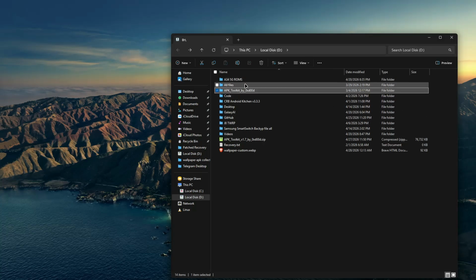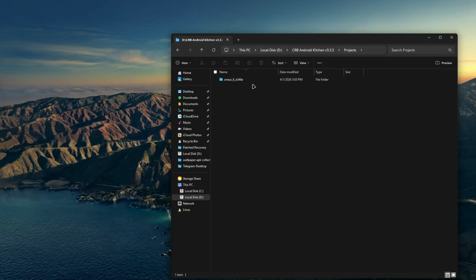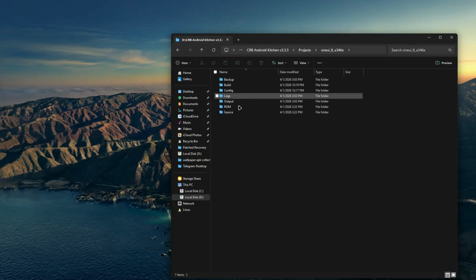Now in the previous videos we have actually worked on the firmware and extracted it and made the system, system_ext and product images. We are going to test it in some later videos. So first we have to go into the project in our CRB folder and open our project over here. Go into ROM, and in ROM you'll search over here